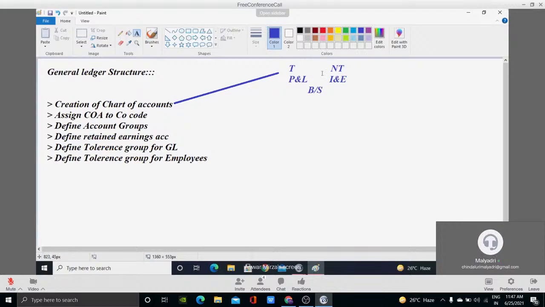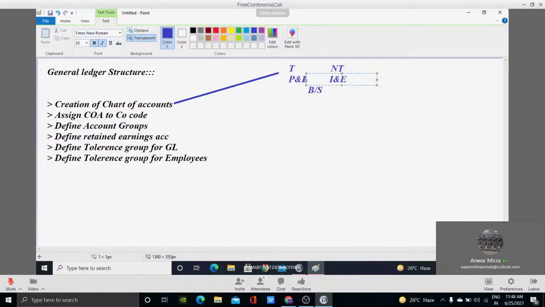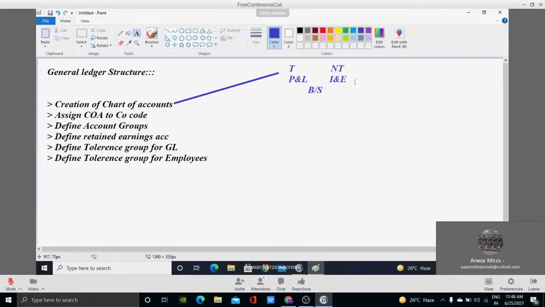Yes. Now you can see here is the difference. The result of the P&L account will be net profit or net loss. The result of income and expenditure is nothing but excess of income over expense or excess of expenses over income. But the final statement will be the balance sheet. Once you have the balance sheet, it shows the status of a company. Now whether to run this business or stop this business, whether to invest further or not, the decisions are made based on these reports. Now as I said, chart of accounts is a name which is given to a structure of accounts.